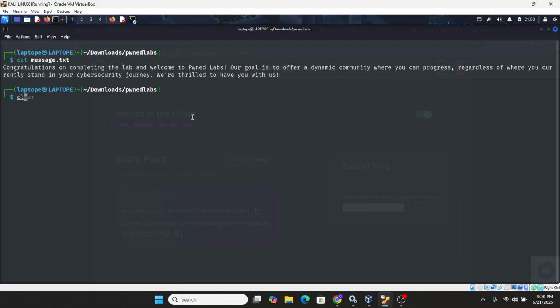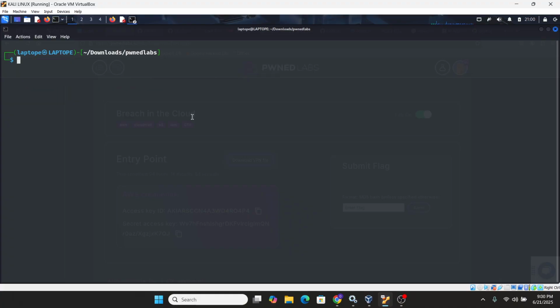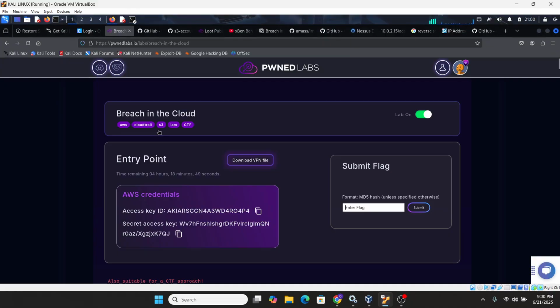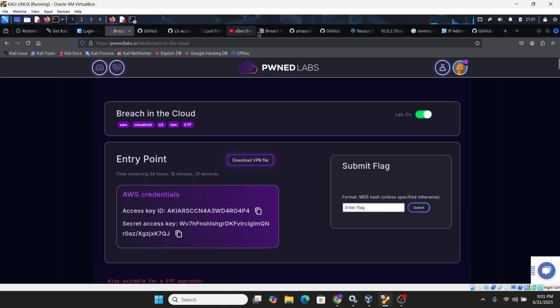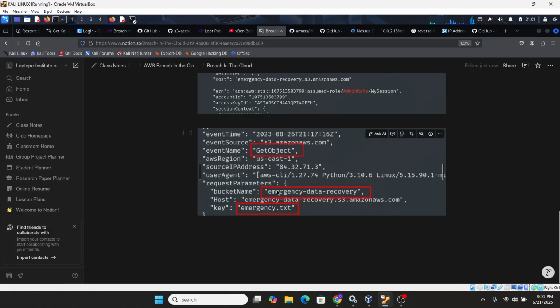Now we're able to compromise that account, list everything out, and get the credentials. What we just did is that we were able to perform the blue team side. That is, we analyzed the log and got all the data that was exfiltrated.